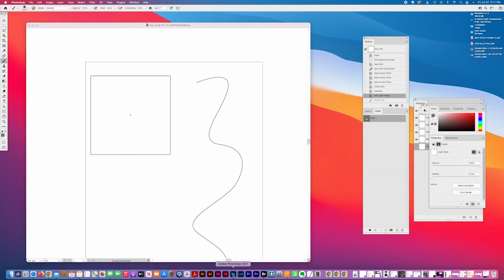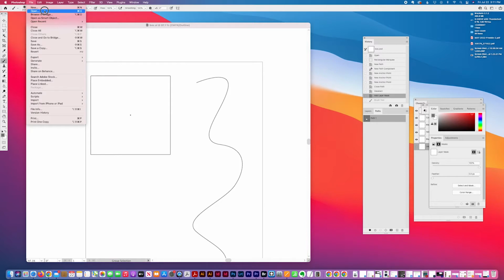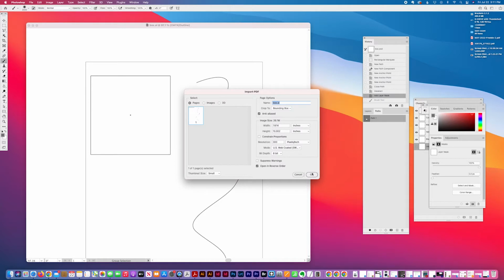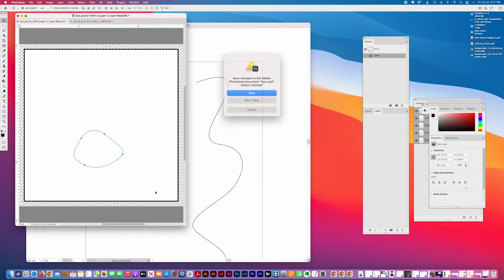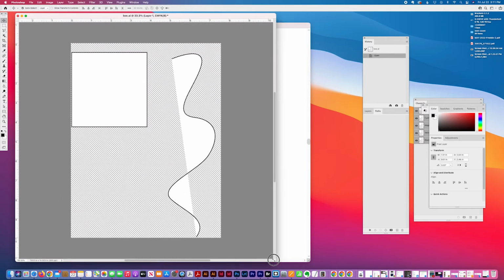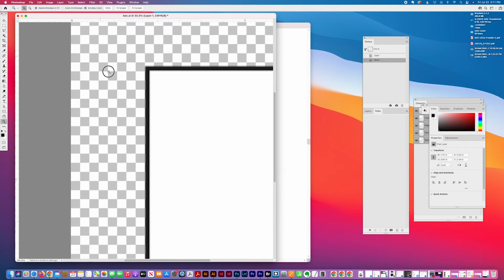and open this same image in Adobe Photoshop, and you'll be able to see that this will rasterize the image, opening it in Photoshop. And so you'll be able to see when I zoom in